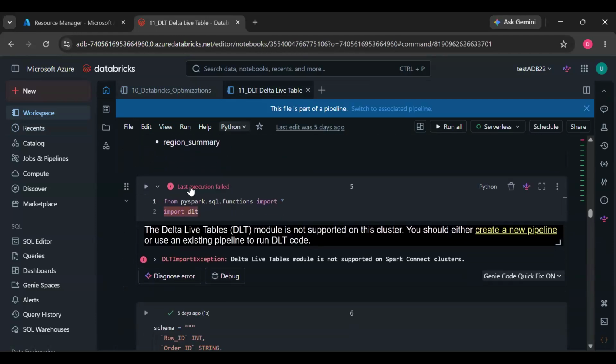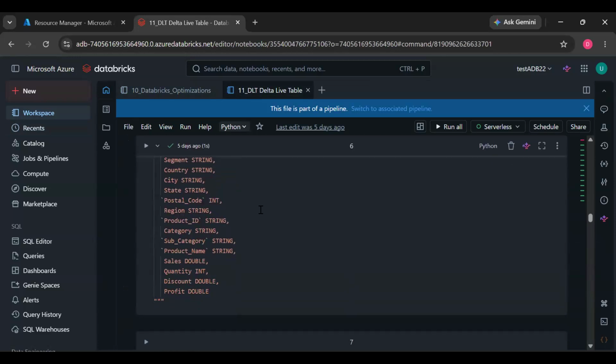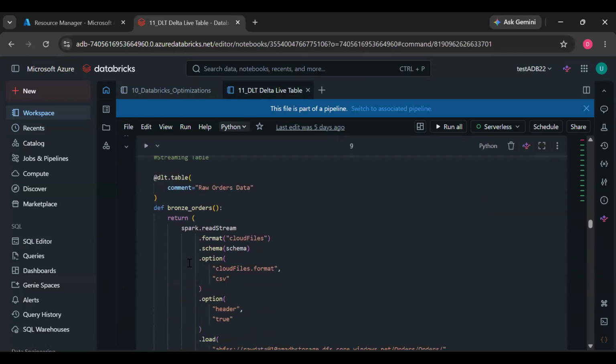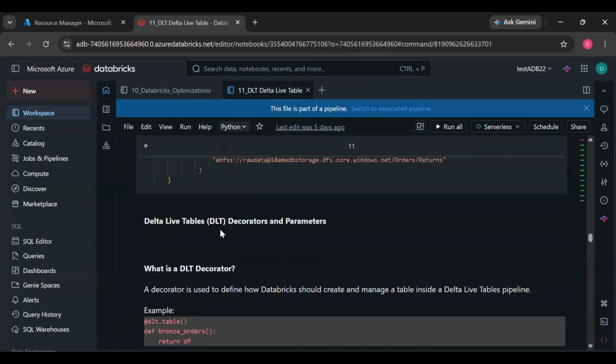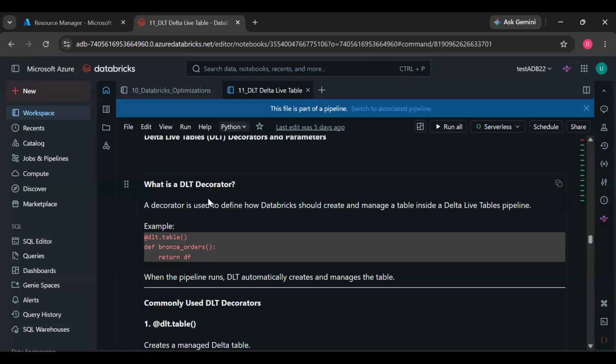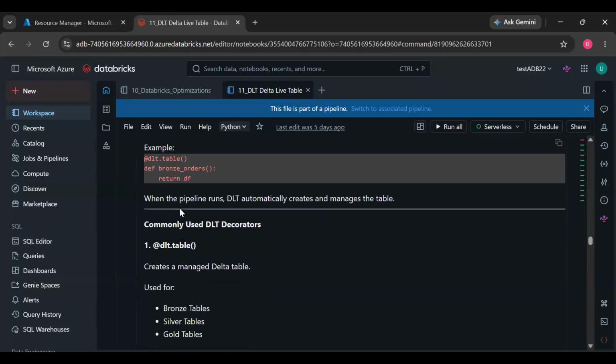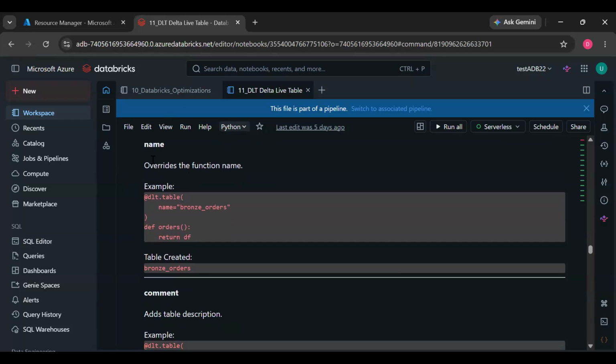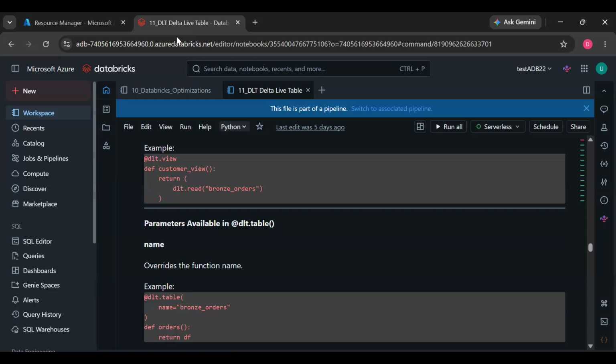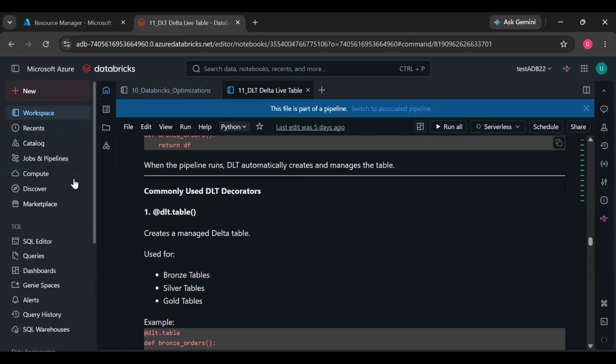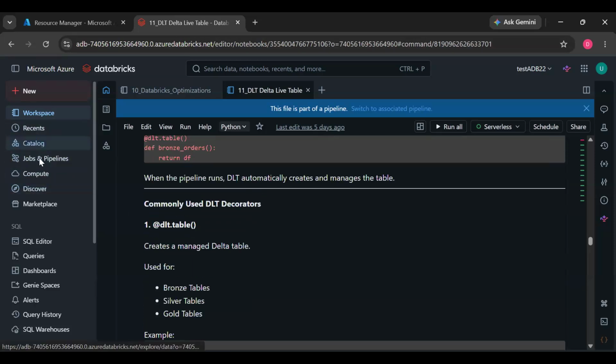See, we have coding. We will write Spark code. We have more than 10 sessions only on Spark and PySpark, to tell you how to write this code, how to utilize Spark, and how to utilize notebooks. Each and everything we will cover. We will cover Azure, and from there notebooks, catalogs, and compute.